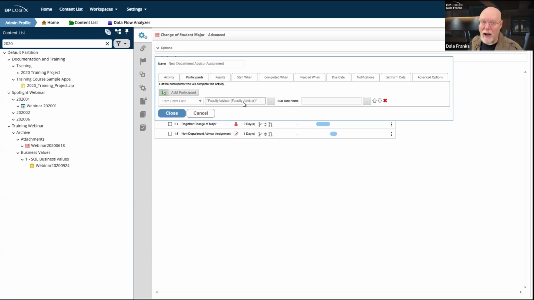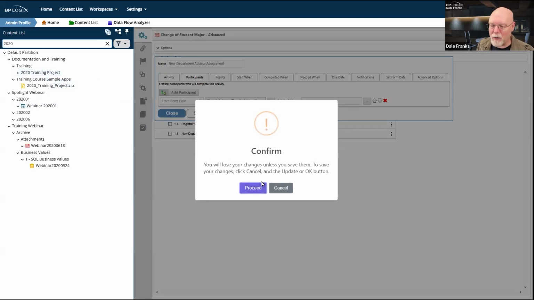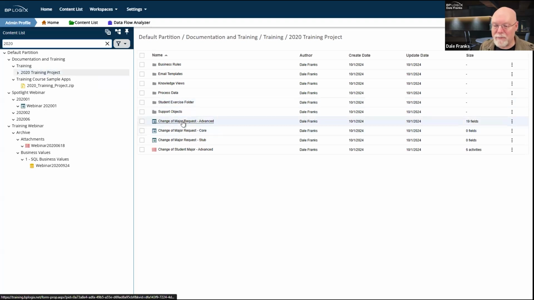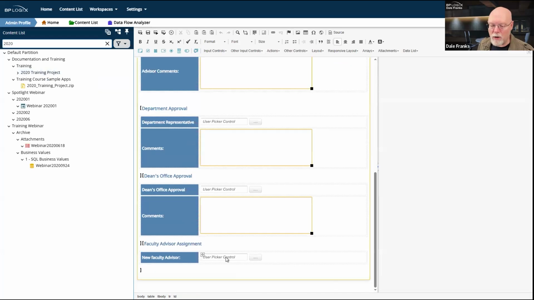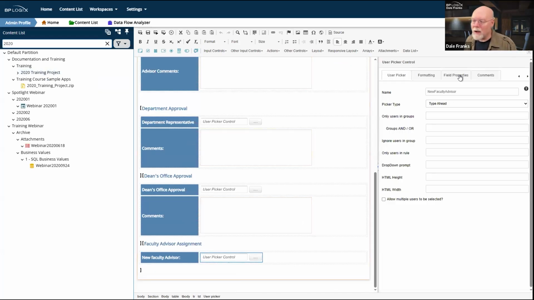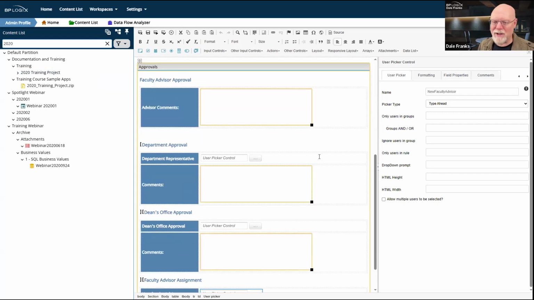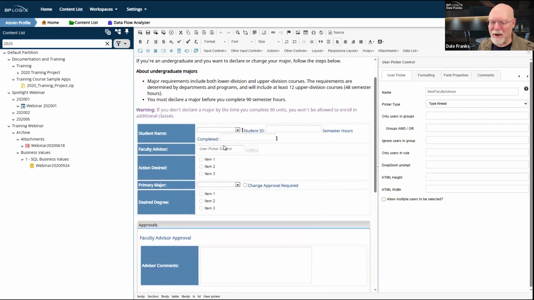I know who they are. I have complete control over their identity. So in this case, to assign a task to an authenticated user, I wouldn't use a text box or a checkbox or a drop down or anything like that. What I would use is the user picker. That's the specific point of the user picker, is to be able to return the faculty advisor here. I guess I should have picked a new faculty advisor instead of faculty advisor. Sorry about that. This was faculty advisor, which also, by the way, is being assigned.